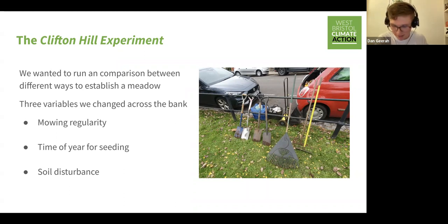Other negatives of disturbing soil: it does actually churn the soil and release carbon. So there's carbon locked up in the soil. If you turn the soil, that releases the carbon, and therefore we could be contributing to that ever-growing amount of carbon that's in the atmosphere. And then also you're breaking up all the worms and the beetles, etc. Saying that,